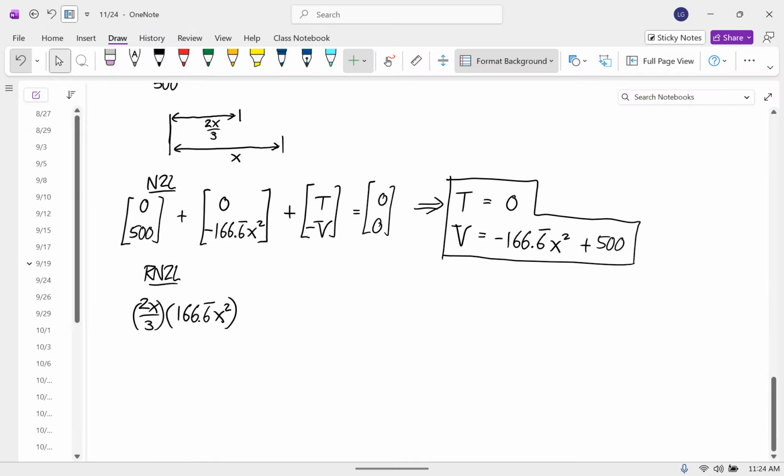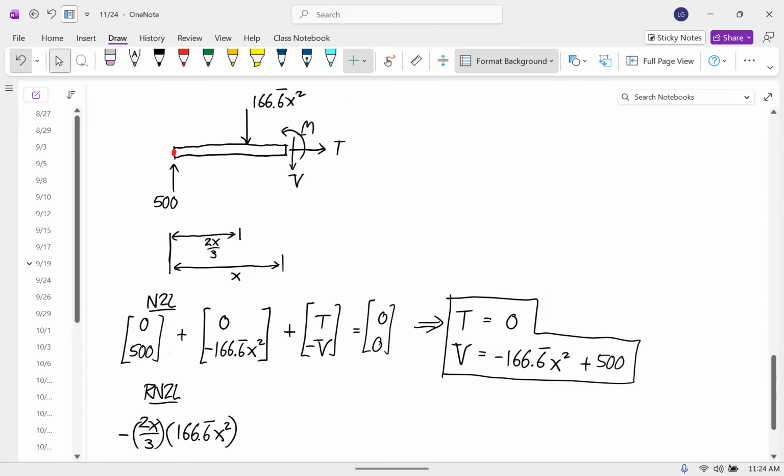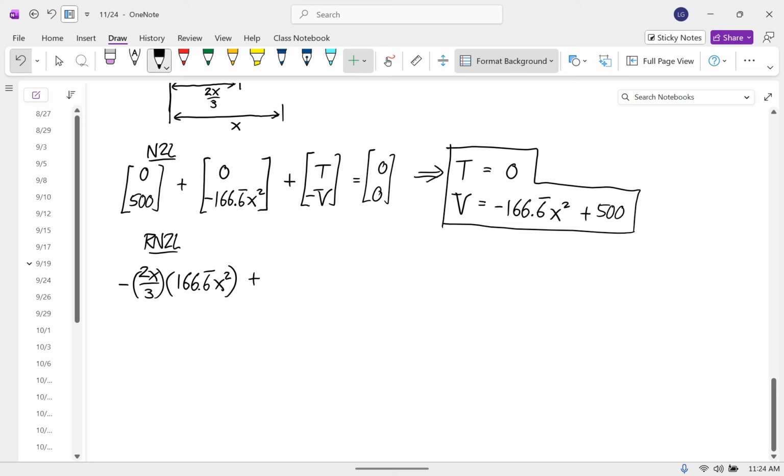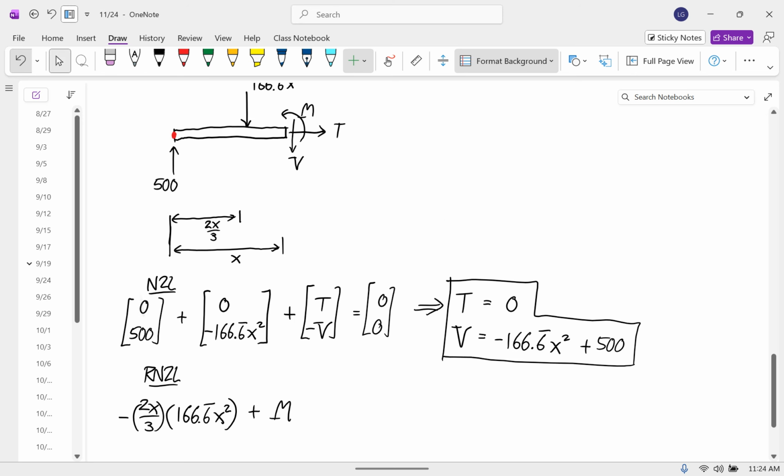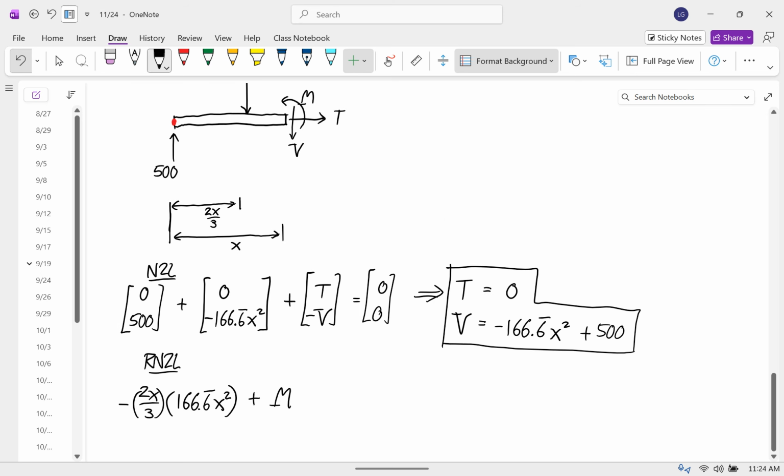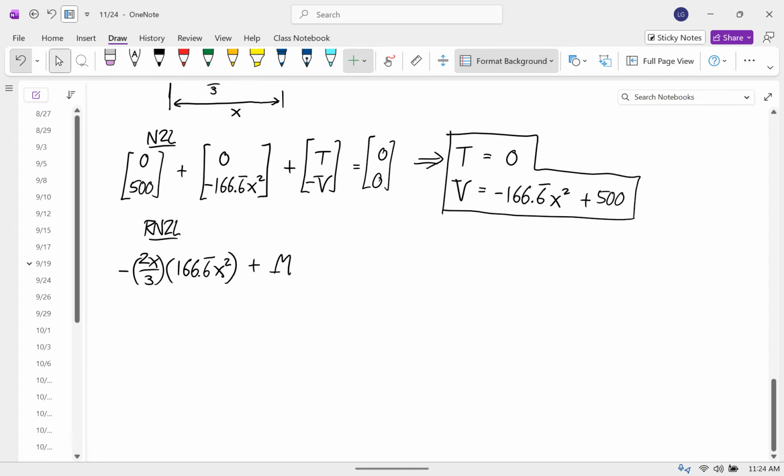Yep, clockwise, so it's negative. And then we have the couple, and a clockwise moment from v times its moment arm of x. Those always appear as minus vx equal to 0. And so this gives us that m is equal to vx